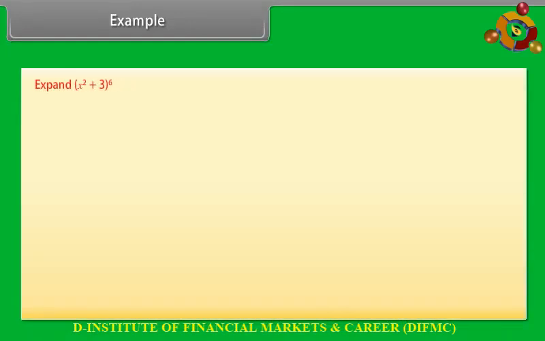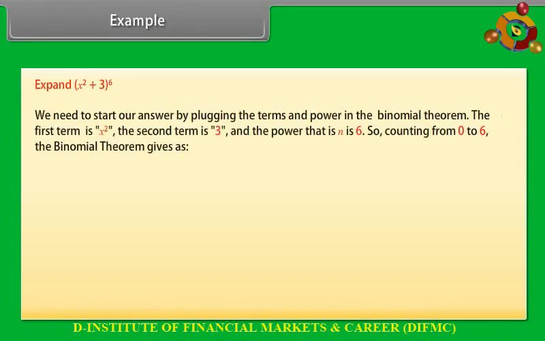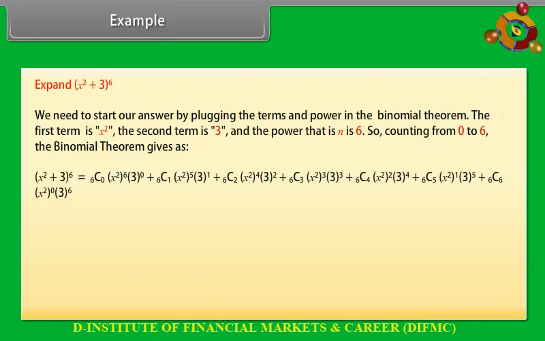Example: expand (x^2 + 3) raised to power 6. We need to start our answer by plugging the terms and power into the binomial theorem. The first term is x^2, the second term is 3, and the power, that is n, is 6. So, counting from 0 to 6, the binomial theorem gives (x^2 + 3)^6 is equal to 6C0 into (x^2)^6 into 3^0 plus 6C1 into (x^2)